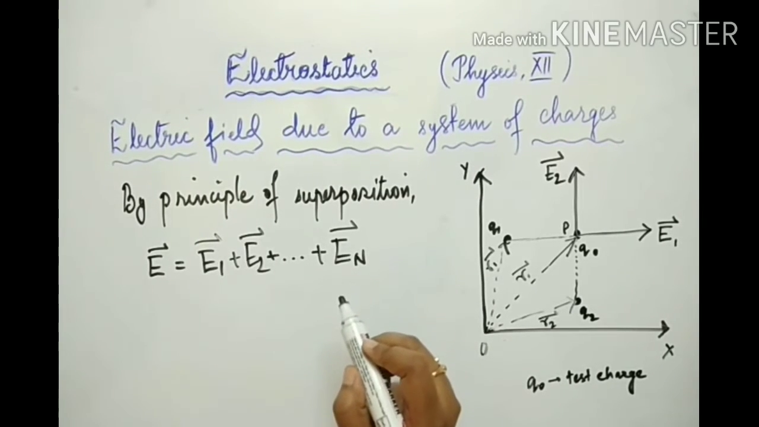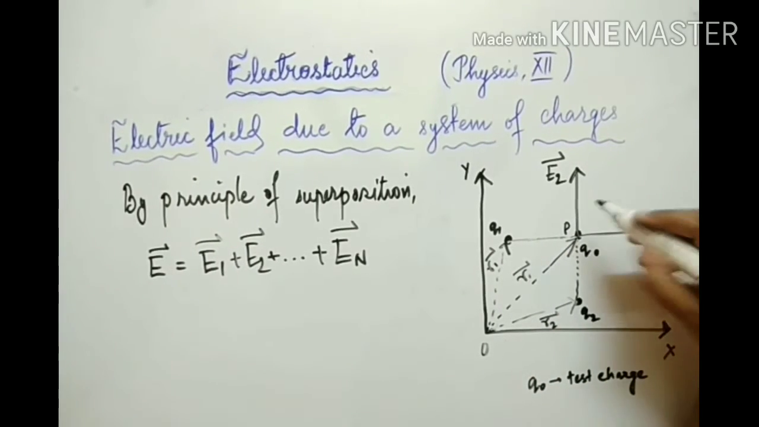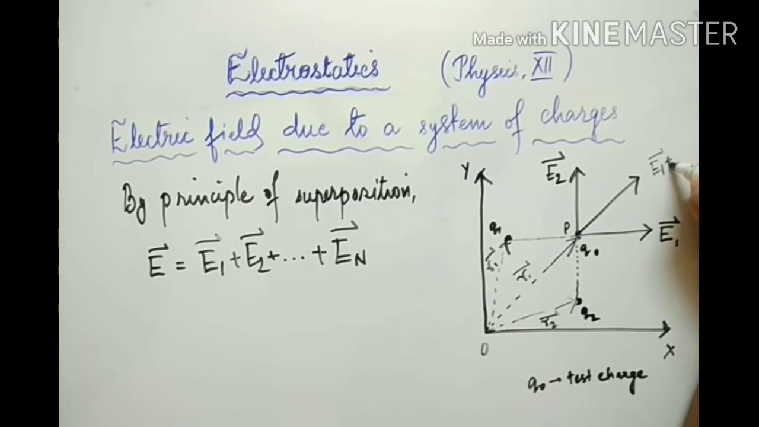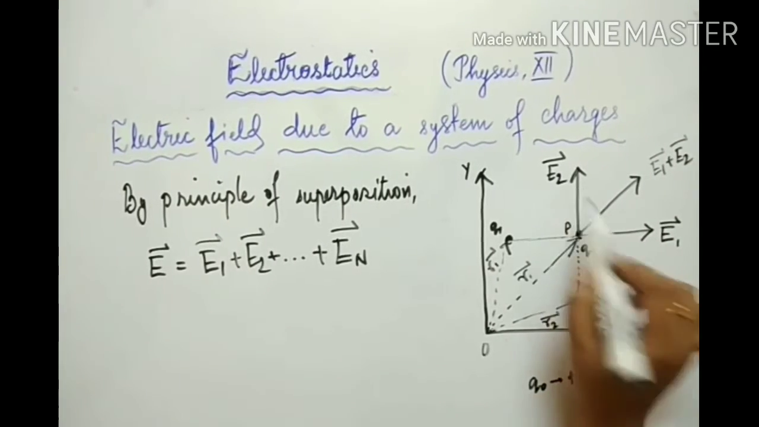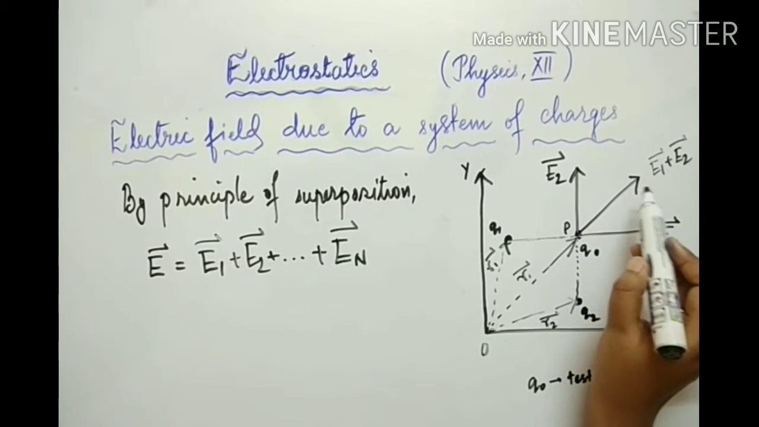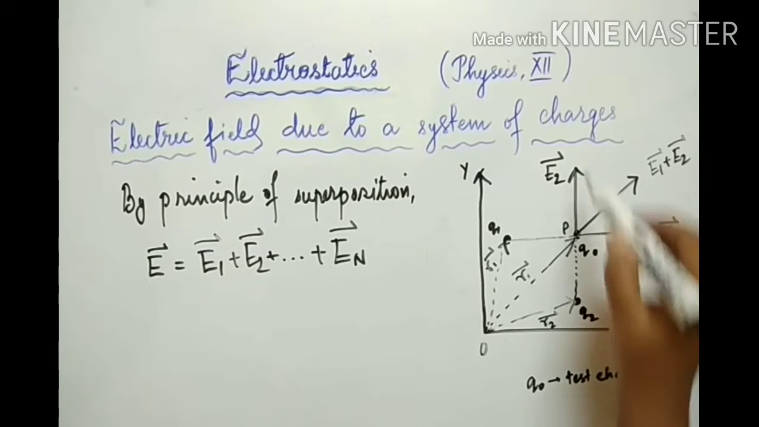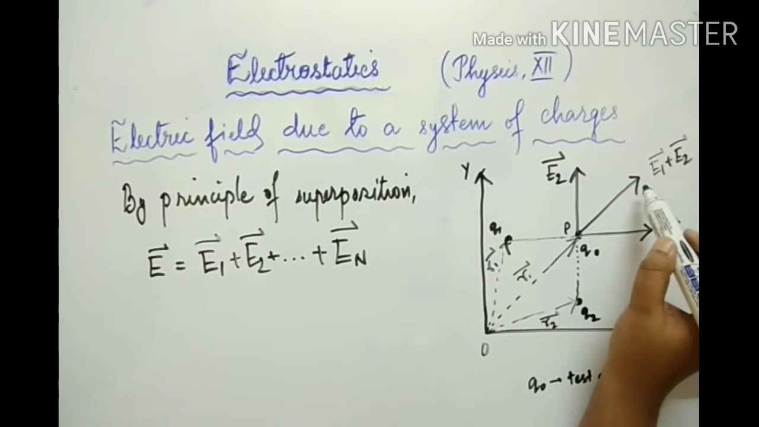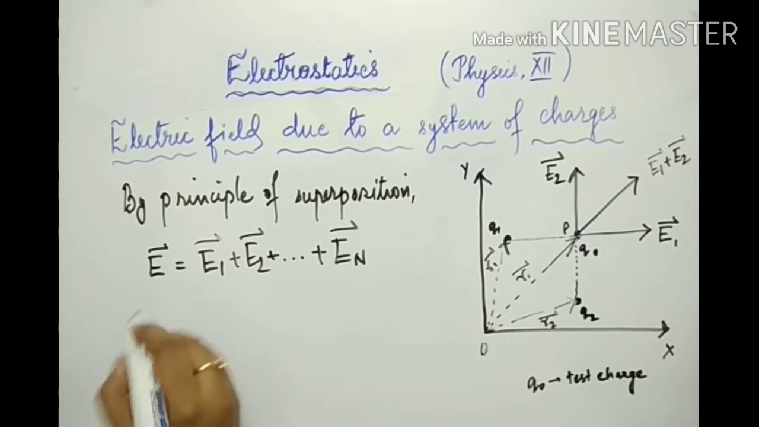So in this case, if this is a vector, then the third vector, or the resultant vector, will be along this direction. By the parallelogram law of vectors, you know that if this is a vector, this is another vector, then the resultant vector will be in this direction, along the diagonal of a parallelogram, if these two represent adjacent sides. So we can write in this manner: